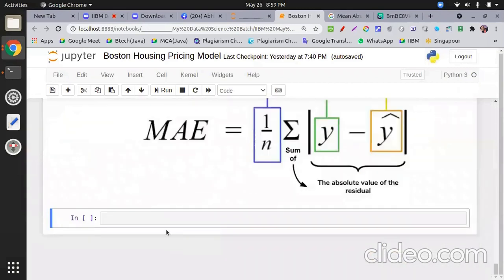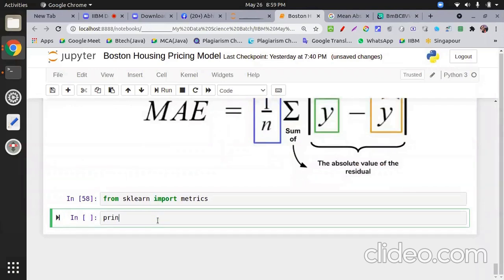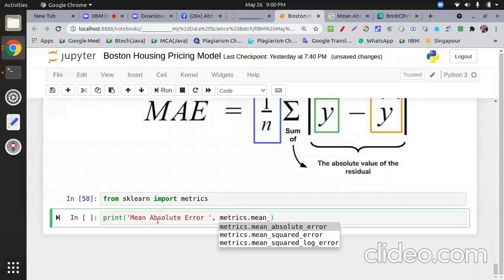Using the scikit-learn library. So what we do for this one? From sklearn import metrics. All right, so print mean absolute error, metrics dot mean absolute error.